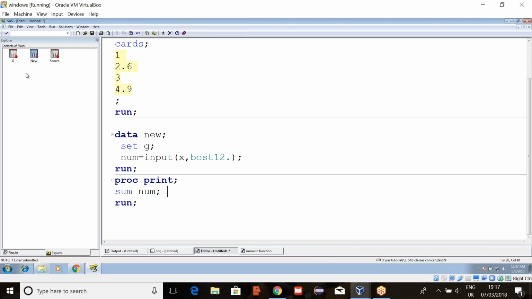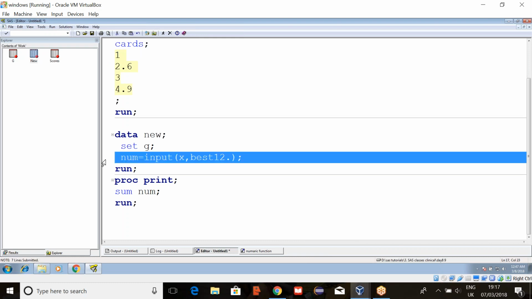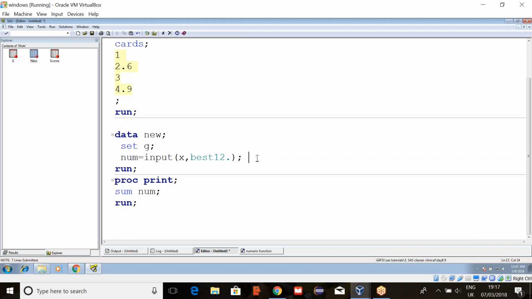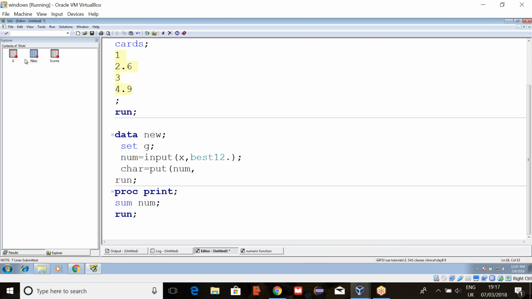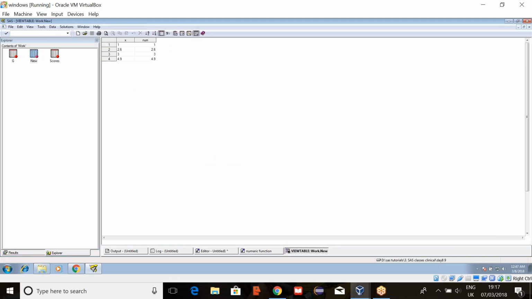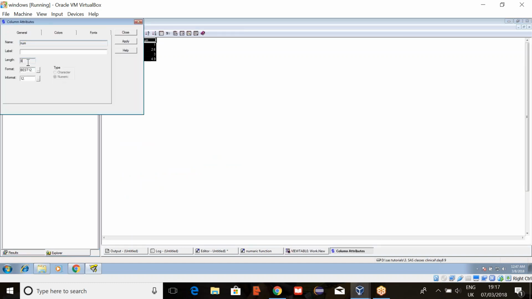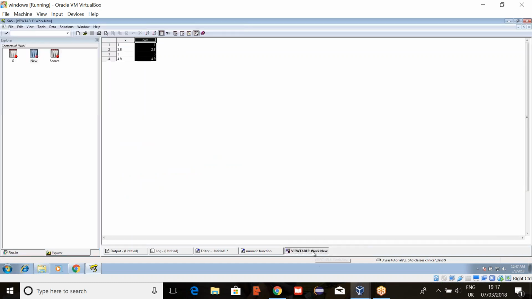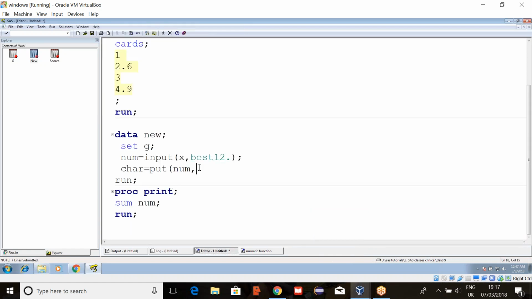Now, think that we had this numeric variable and I want to change that into a character. Then we have to use the put function. Put of your variable name, and for the characters, remember this point. For the numeric variables, the default length will be 8. But for the characters, for the formats, whatever number we are giving, SAS will consider that as the length.